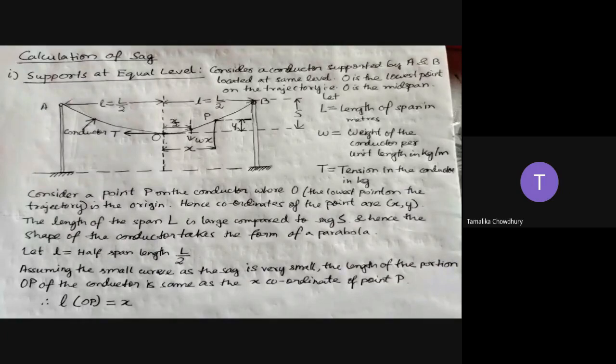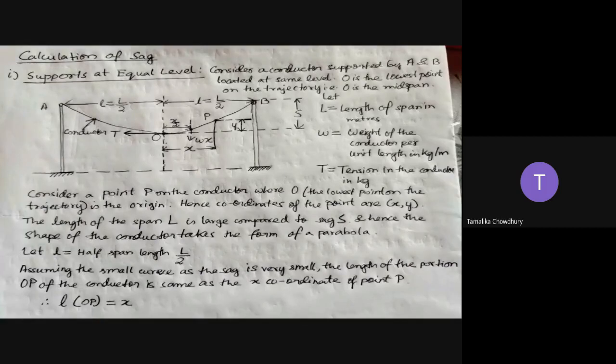Because we need the coordinates of the point from where the calculation of sag has to happen. So we need the two forces that are acting, W and T. We need the coordinates. We need the length from every portion to every portion, because basically we are putting it into the coordinate system, X and Y system. That is why. So first the length of the span is taken, that is capital L.